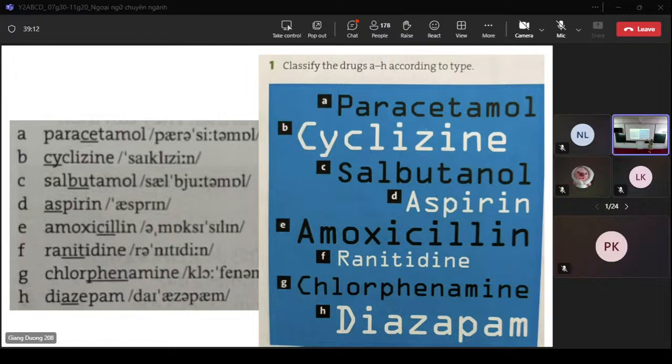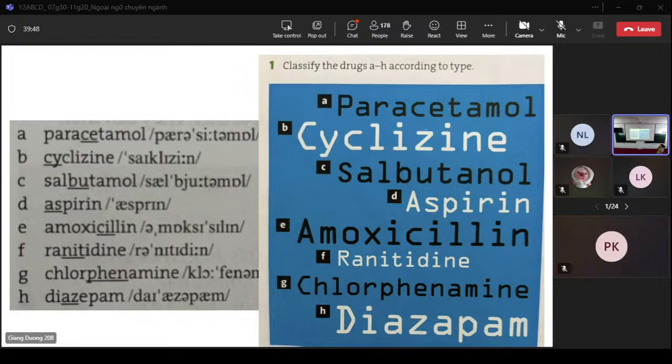But think about a day when you work with other experts internationally, you should pronounce names of some medicines correctly, like this: paracetamol, okay, or cyclizine, salbutamol, aspirin, and that is very common medication, amoxicillin,